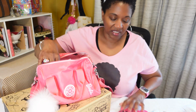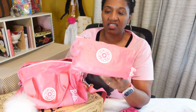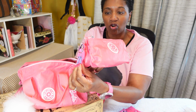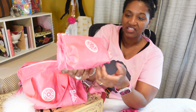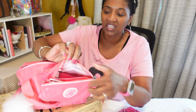Okay, and then last but not least, I want to show you my pouch. This is the large creativity pouch. It looked like this. This also came with a Barbie charm hanging from it here, but I took it off because it's just not my style. So it's so cute, you guys. So in here,